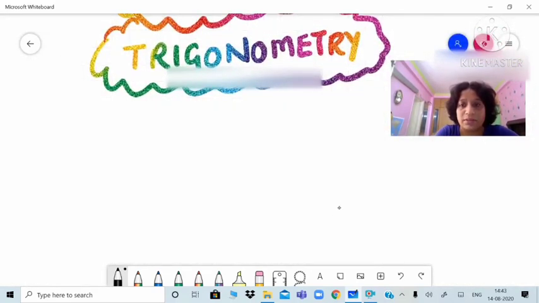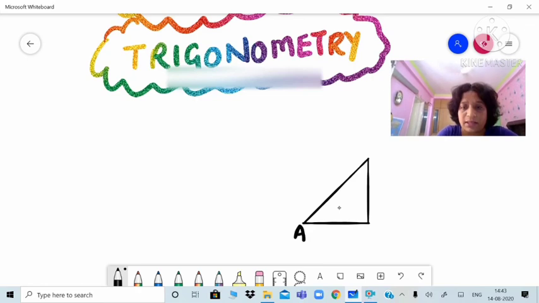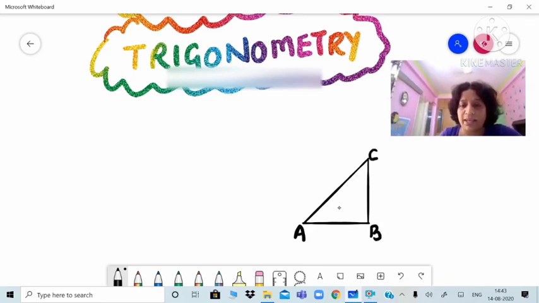So this is a right angle triangle, right angled at point B. Okay, so where A and C both are acute angles. So if we are considering the trigonometric ratio in relation to acute angle A, then it means we are considering base as AB, perpendicular as BC, and hypotenuse as AC over here.